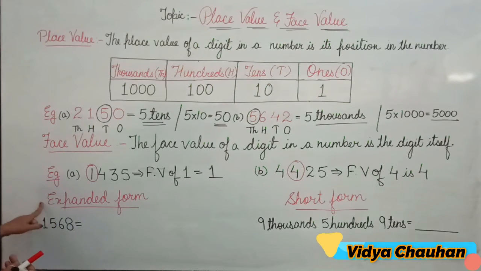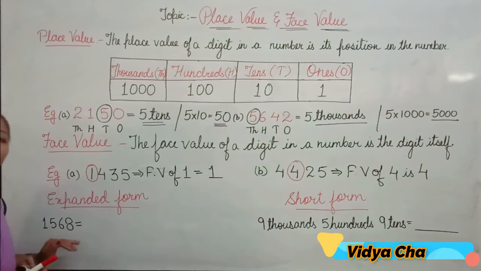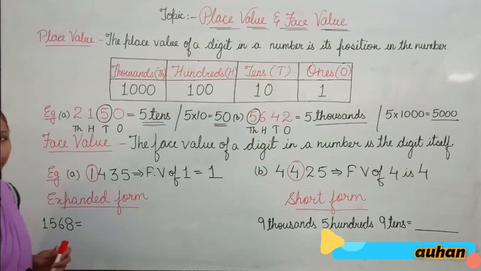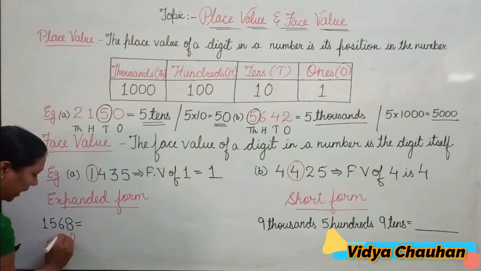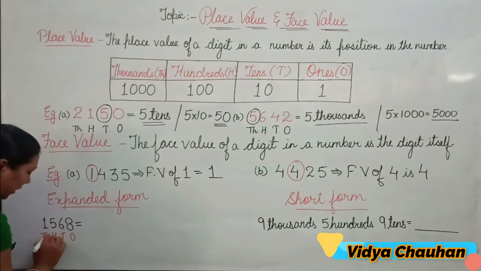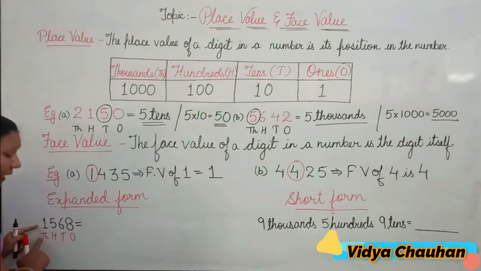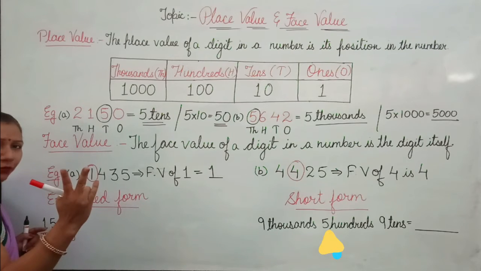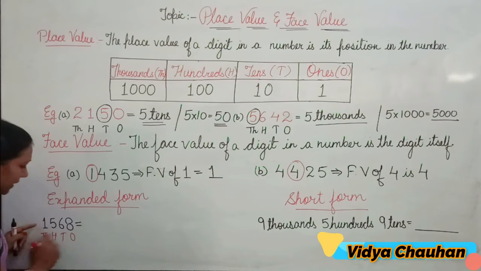So here, as you can see, I have taken a question from your book exercise related to expanded form, and let's check out how you can write the number 1568 in the expanded form. If I put its places, ones, tens, hundreds, thousands. Since we have to write it in the expanded form, 1 is at the thousands place. For writing it in expanded form, there are two different ways. You can use any one of them which is more convenient to you. Very first, 1 is at the thousand place.